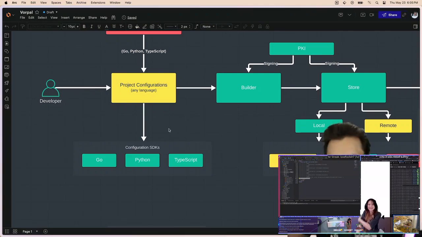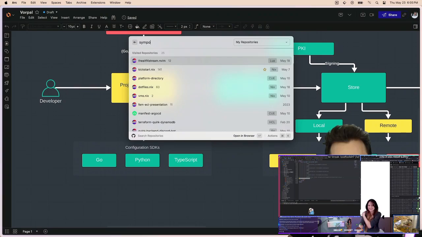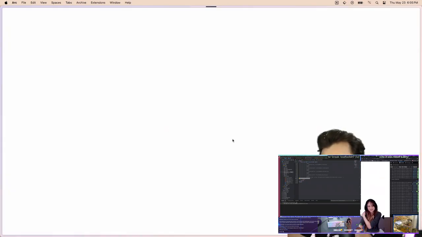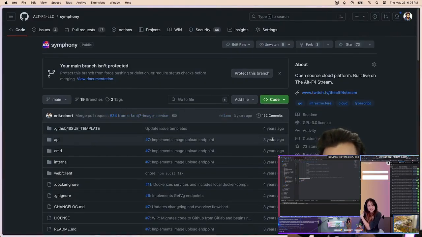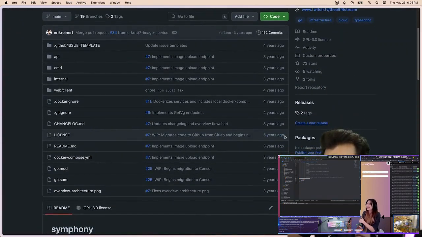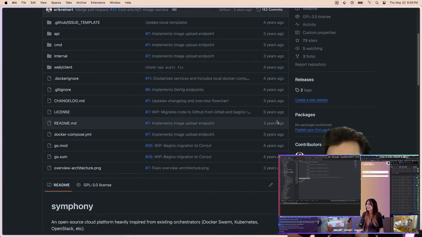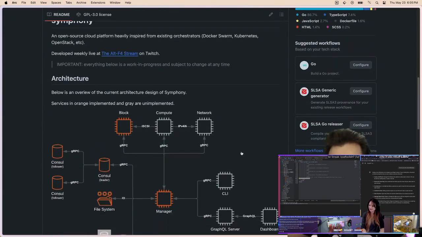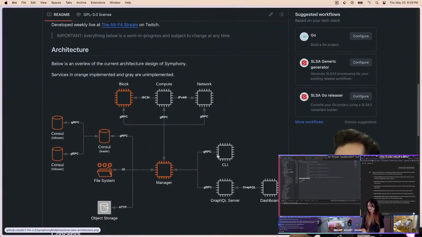And yes, I know Vorpal's already some project out there as well. Guess what, chat? I made another project called Symphony, and everybody thinks it was the PHP project, but it wasn't. It was an open source cloud platform. AJ, you'd probably laugh at this, almost 5 years ago, I said, OpenStack, I'm building my own version in Go, and I never finished it. So this isn't the first time I've tried making a massive project.